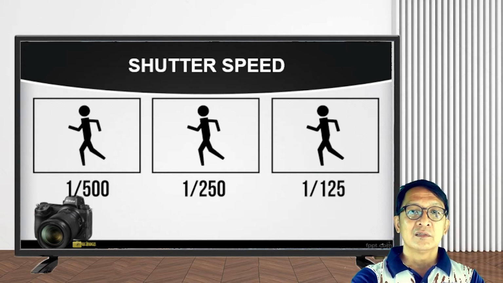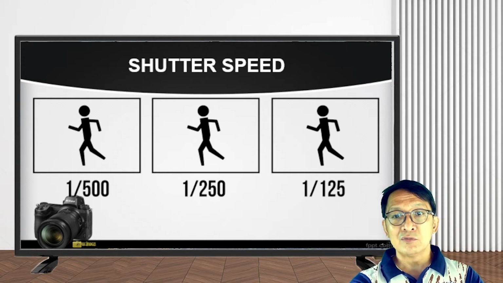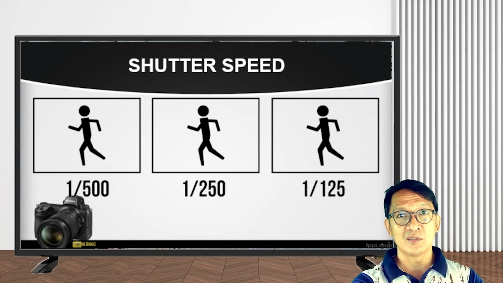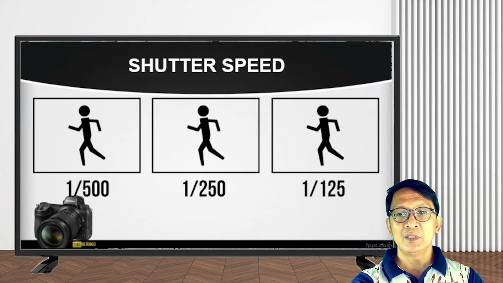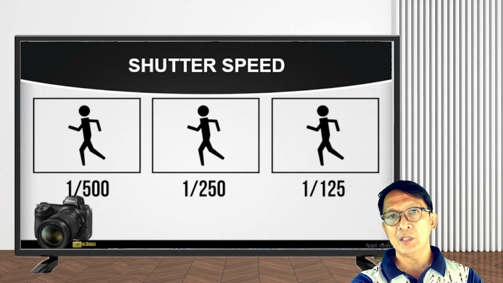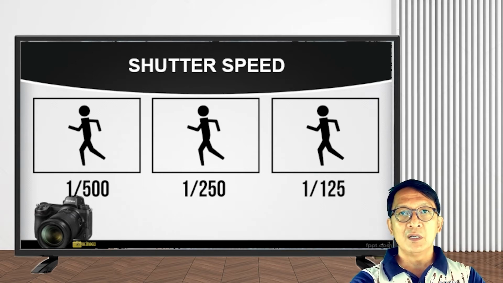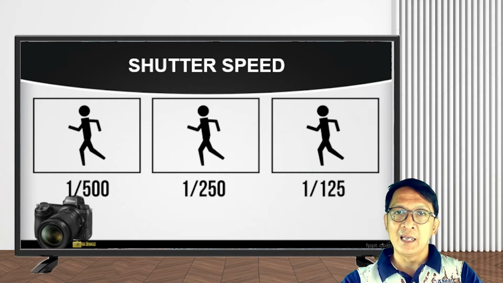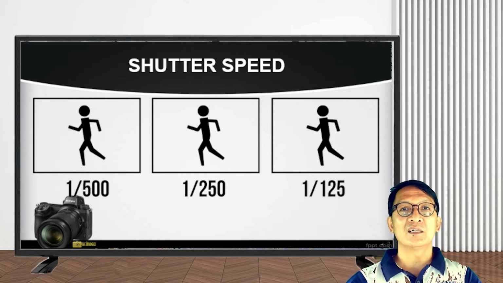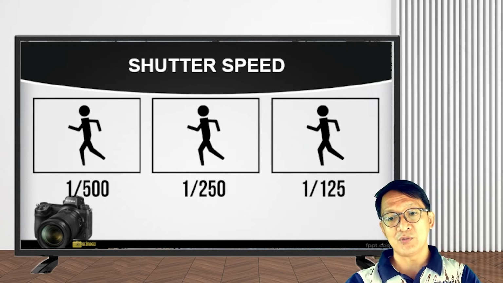Sabi niya, sir, paano yung dalawa, paano yung ISO saka yung aperture? Ayan, magko-compensate na naman yan. Okay? Kasi once na ang shutter speed nyo is 1/500 or 1/25, madilim ang kuha niya kung hindi kayo mag-a-adjust dun sa ISO. So, i-balance nyo yan. Adjust yung dalawa hanggang sa makuha nyo yung tamang exposure.